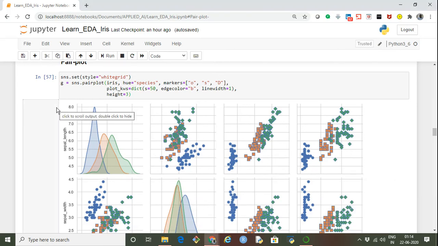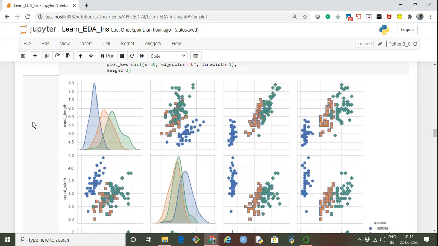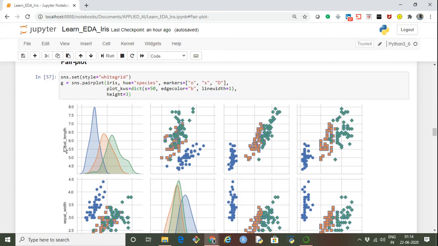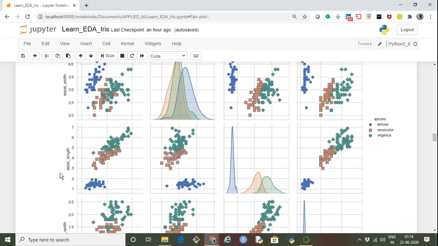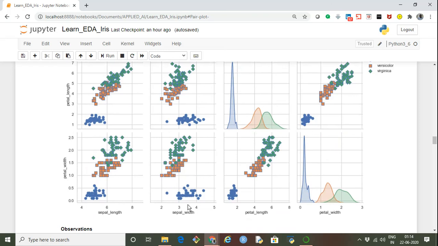In the pair plot, what we see is between each pair of variables. We have variables on the y-axis, similarly variables are present on the x-axis, and between each pair of variables we will see the scatter plot, as well as for that particular variable, we will see the distribution of the data. For example, let me pick from the bottom up. We have petal width, and then we can see its relationship with sepal length, as in this one.